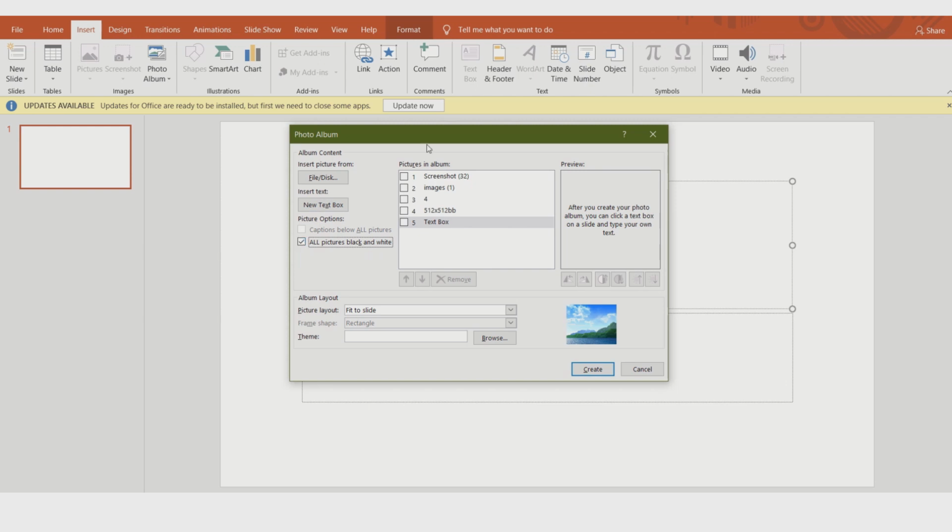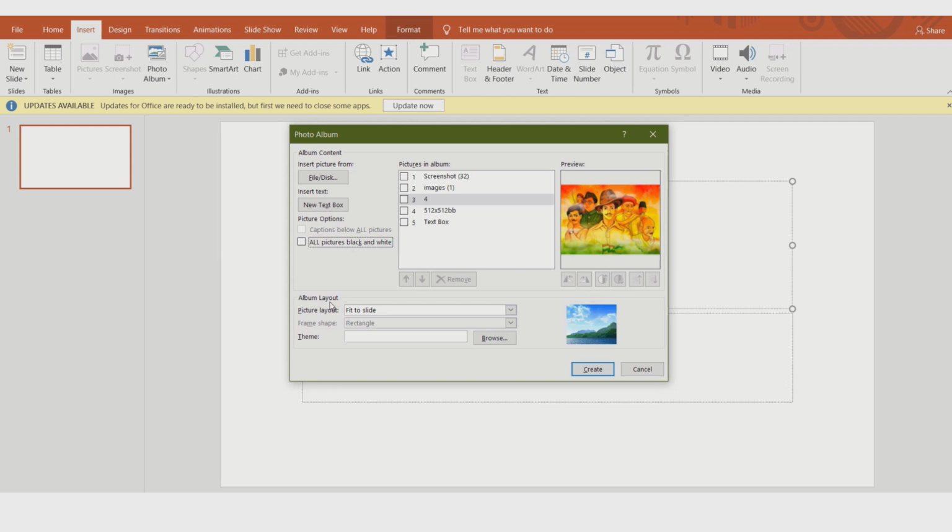If you click on black and white, then all pictures will be black and white. See, these pictures were colorful, but now they look black and white. So deselect it, now it is a colorful picture. This option is for making your pictures black and white. Okay, so I am not choosing this.